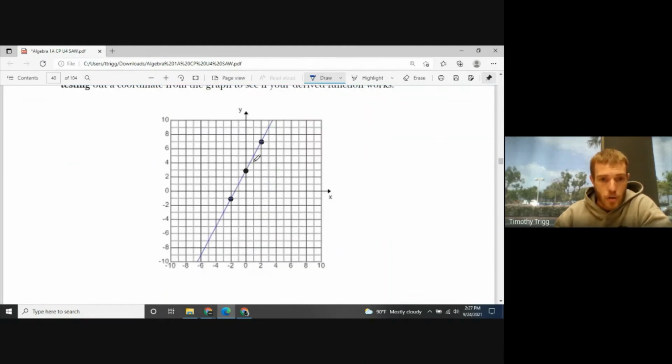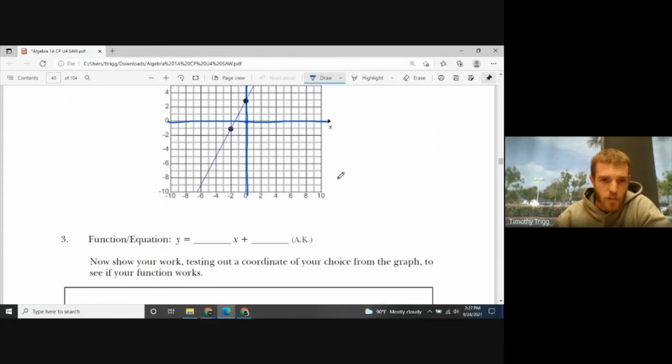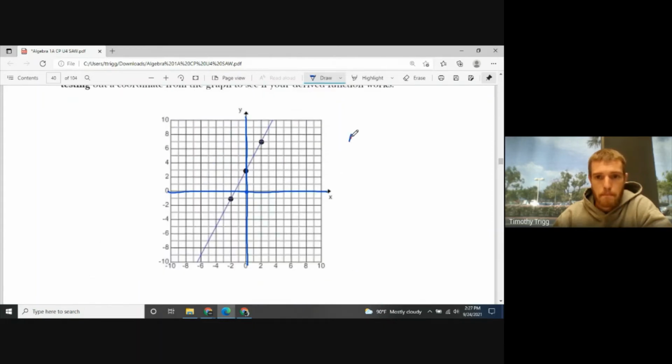Okay. So again, I want to point out that you should probably darken these axes. So the y-axis and the x-axis, they're hard to see unless you darken them up a bit. And again, they put the numbers along the left and along the bottom. I don't like that, but it is what it is. So here's 0, 0, for example. And let's go ahead and find our slope and our y-intercept. So our m, our slope,